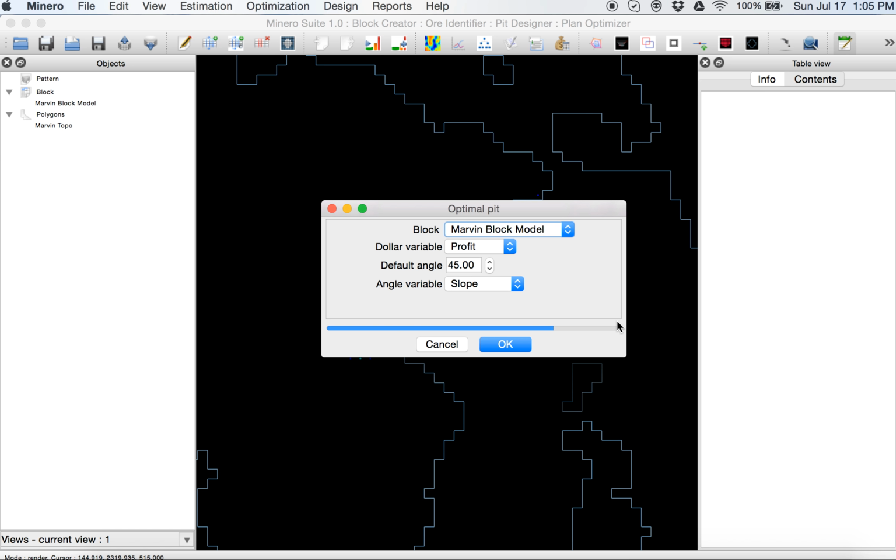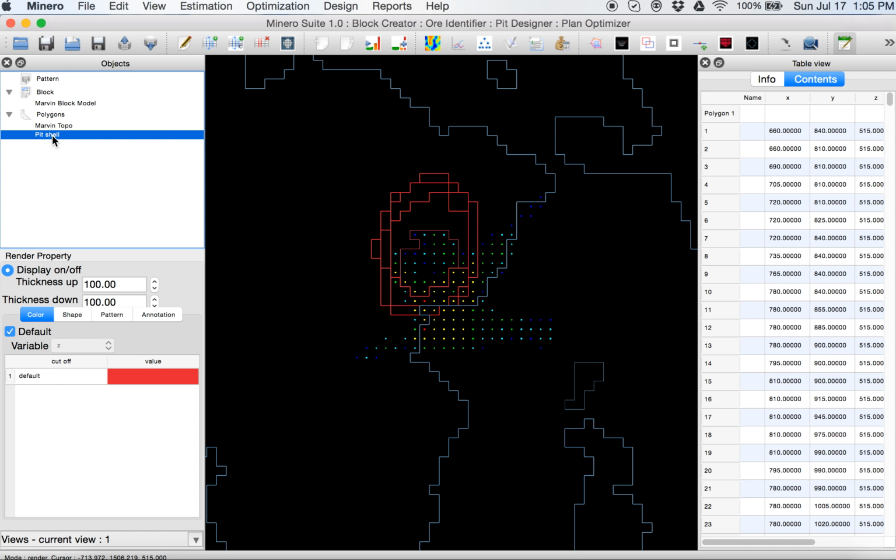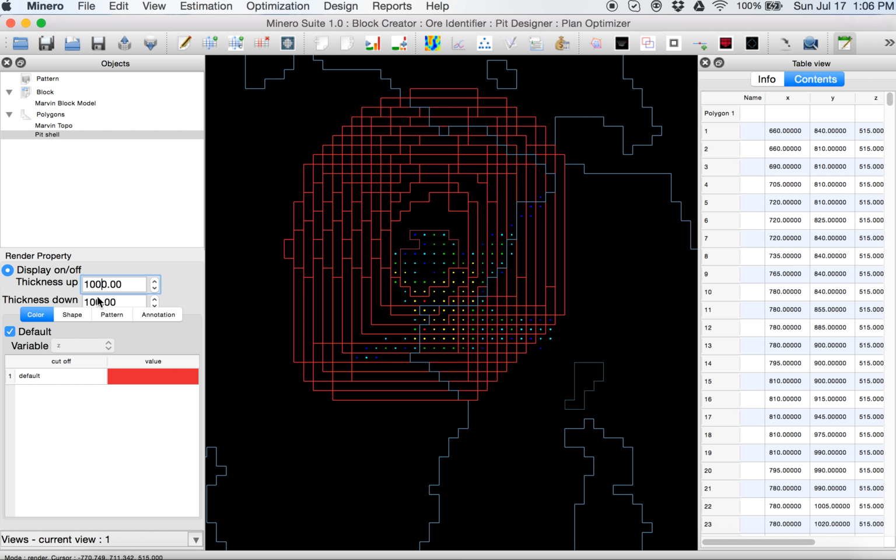It generally takes around 20-35 seconds to run optimal pit in Minero for this size of block model. So now we have the pit shell in red. We can thicken up, thicken down.